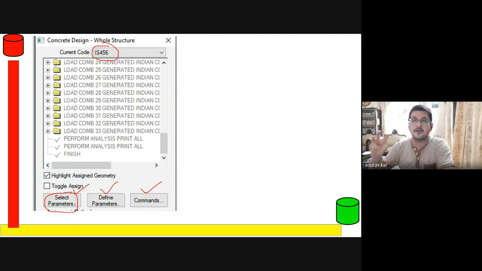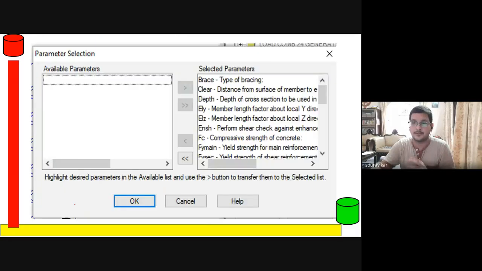That means for designing the various structural elements, whether it is beam or column, what parameters I have to select, and based on that selection, my bucket list will be prepared. Just like you have a bucket list or cart in Amazon, Flipkart, or any online shopping app, similarly here also we will click on select parameters and our bucket list will be prepared.